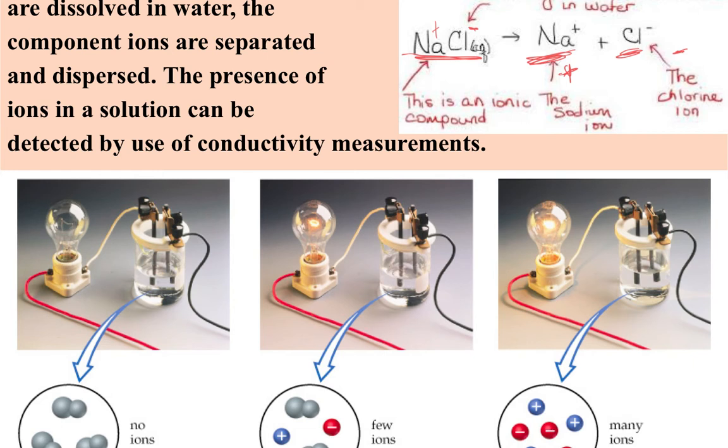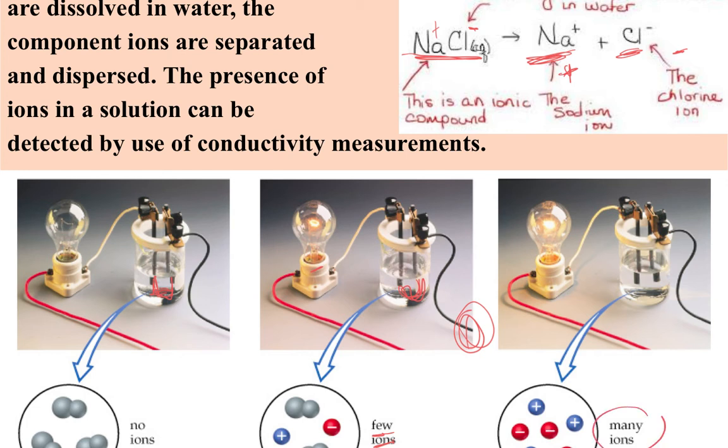So if you look at the diagram here, we have electrodes hooked up to different solutions, and on the other end over here, there's a battery component. And so if the water will conduct electricity through its electrodes, the light bulb will light up. So even if there's just a few ions, like tap water, the light bulb will light up. The positive and negative ions are creating this bridge for the electrical current to carry,